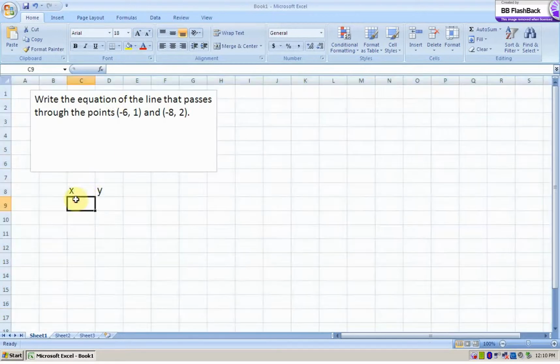Now that does not mean Excel is going to know. So I'm going to record my points -6, 1 and -8, 2. And now because you only have 2 points, Excel is not going to know which one is X and which one is Y. So it might graph it backwards, but let's take a look and see. So I highlight my data